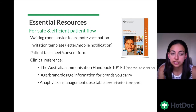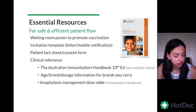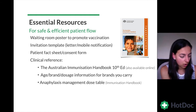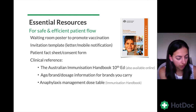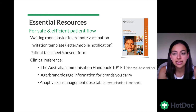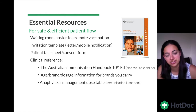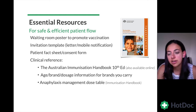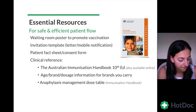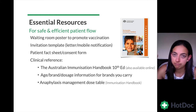Yeah. In terms of clinical reference, we should all have a copy of the Australian Immunisation Handbook. Ideally, have it available in electronic format, with a link to it from your desktop. The reason is, as soon as any material is published, it becomes essentially out of date immediately, because by the time it's published there might have been changes and shifts. The online version is always going to be the most up-to-date version of any publication. So have a link, put it in your browser as part of your favorites to the handbook,